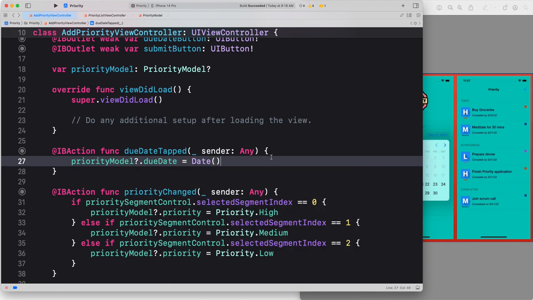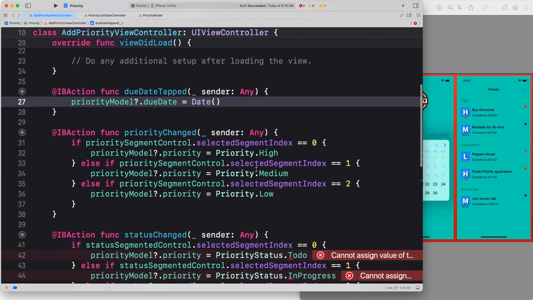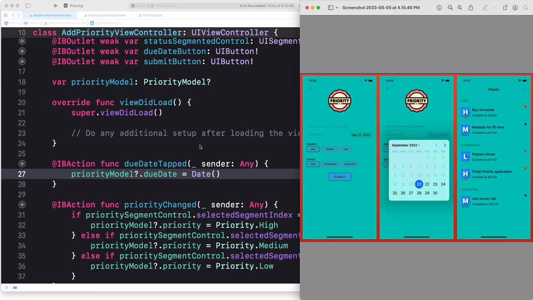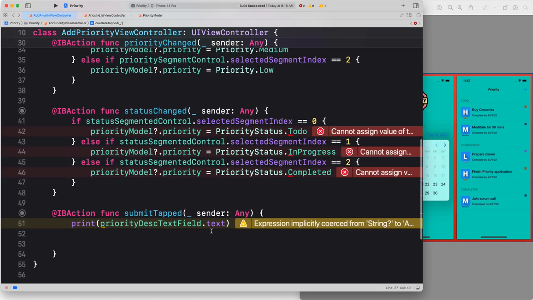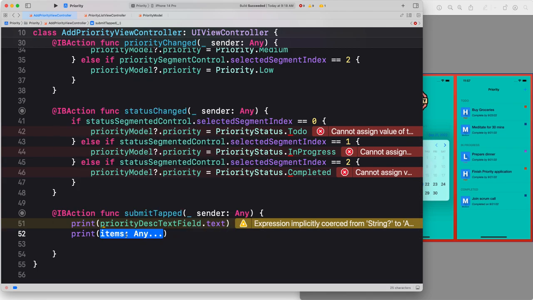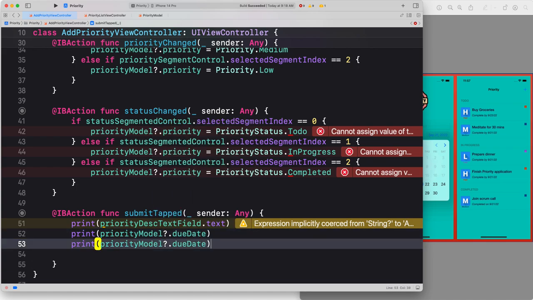Okay, then this one is also done. Then my description, where is the description? Okay, description, I'll take it directly from here. Now let's print priority model dot due date, and then let's print all the remaining values